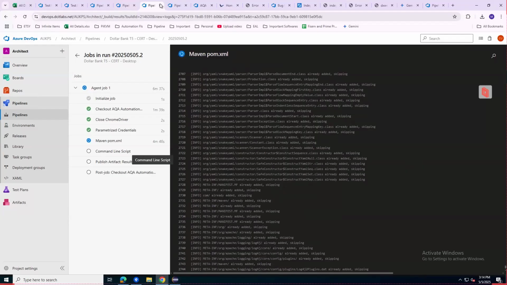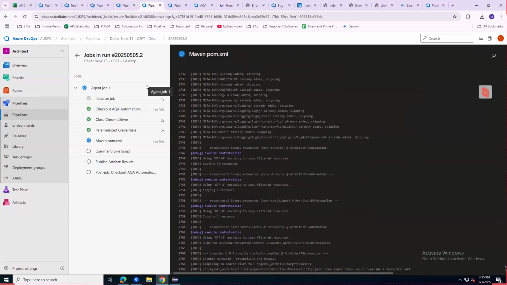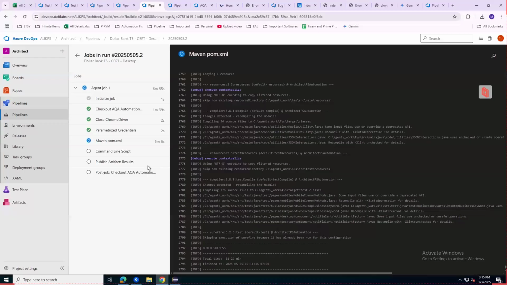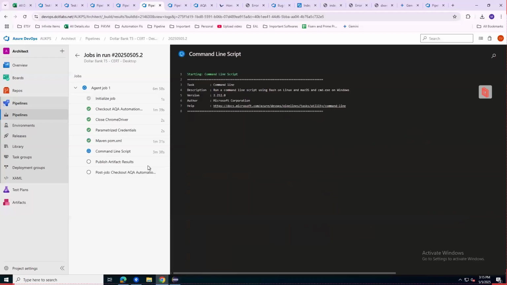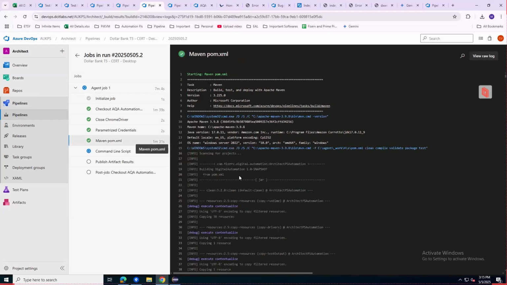So, let me tell you in short what is happening now. There is a computer somewhere in the server. The computer has nothing, only a browser and Eclipse. Now it is installing all the plugins which were in your computer. For example, whatever dependency you had, it installed everything. If you go here in the Maven,